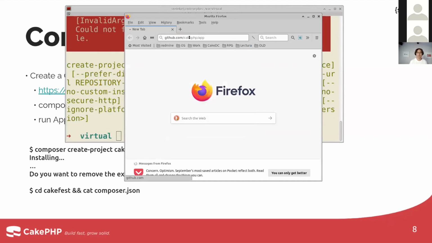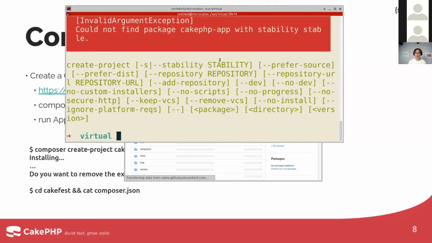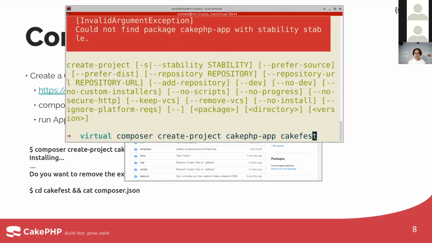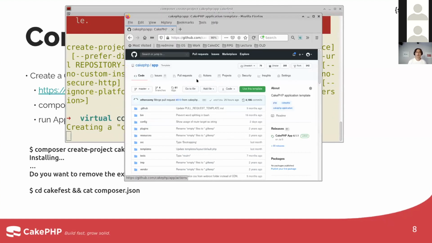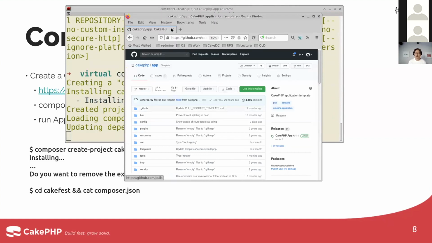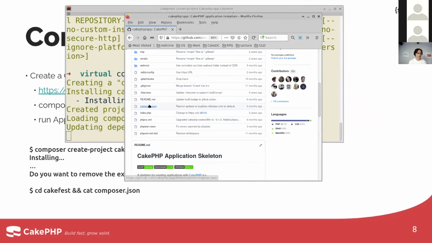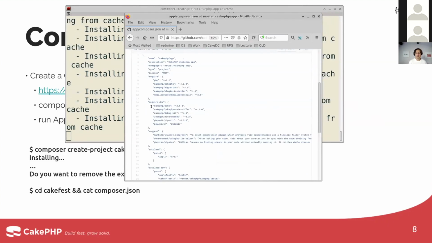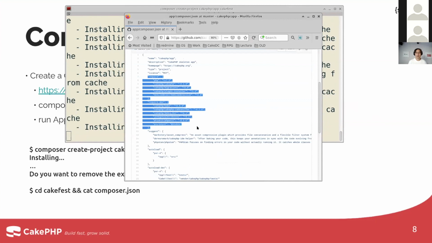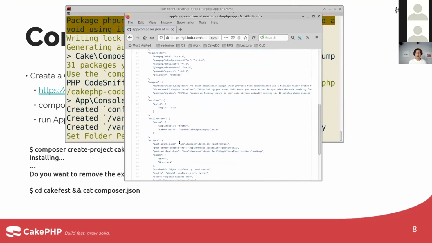CakePHP /app. So Composer will go to this CakePHP app repo, download the repo, check this composer.json file, all the requirements here and here, download all the requirements, and then run this post